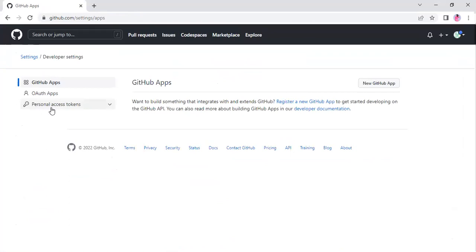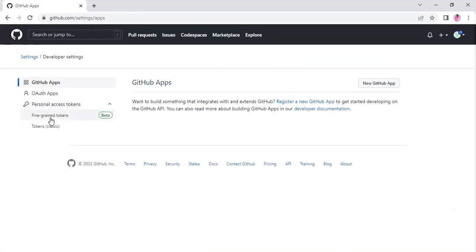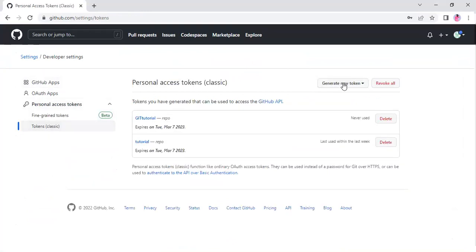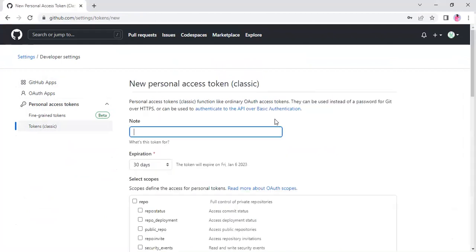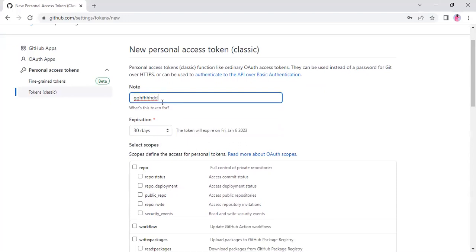Then personal access token, click here, click on classic, then click on generate token, generate for general use. Click on this, then just write anything. You can just input anything of your choice. Then here,